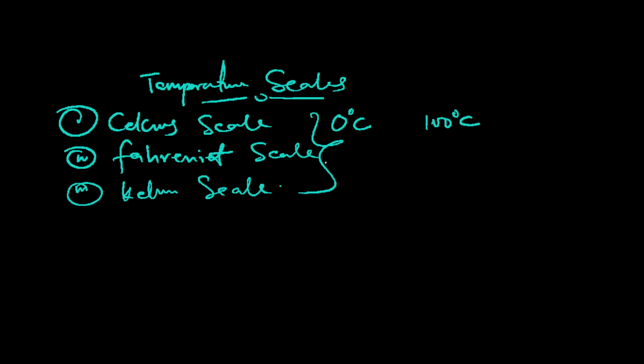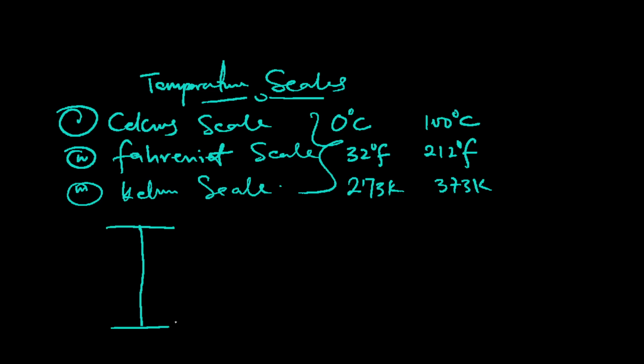But for the Fahrenheit scale, the lower fixed point is 32 degrees Fahrenheit and the upper fixed point is 212 degrees Fahrenheit. Then for the Kelvin scale, the lower fixed point is 273 Kelvin and the upper fixed point is 373 Kelvin. Are we together now? Now, let's take for instance that I have a thermometer here, and this place is the